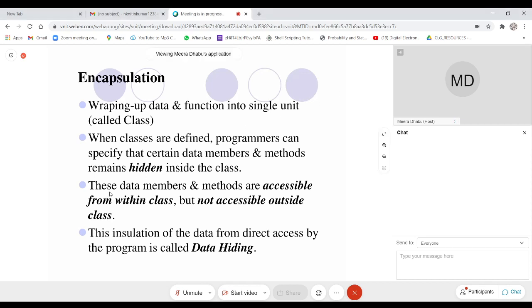So if you define these data members as private, then these data members will be accessible only from within the class and not from outside the class. And whichever things, either data member or member function, you define as public, that is encapsulation or data hiding. Now, coming to the next topic.